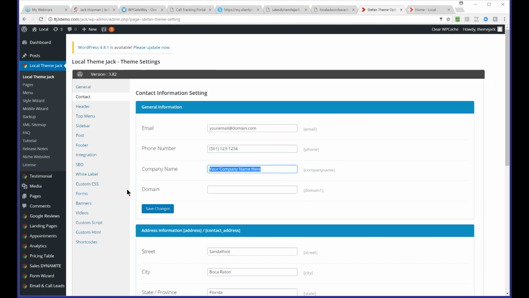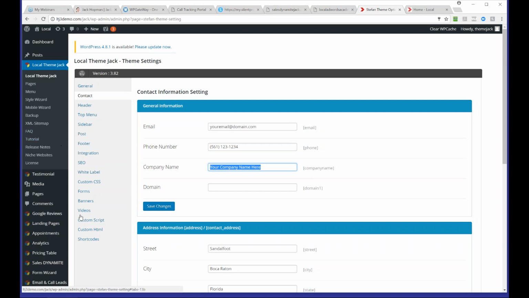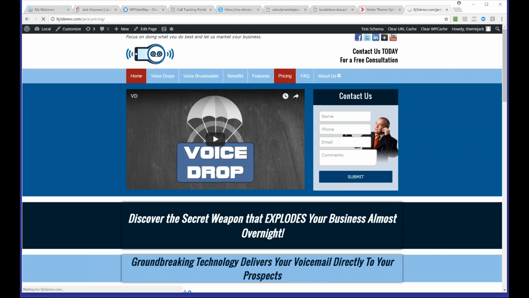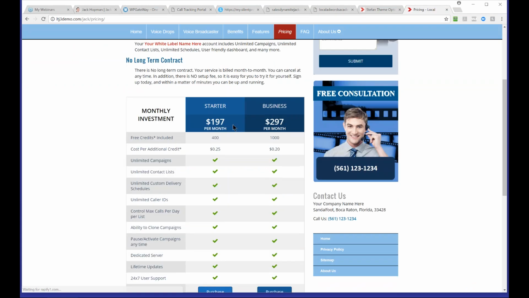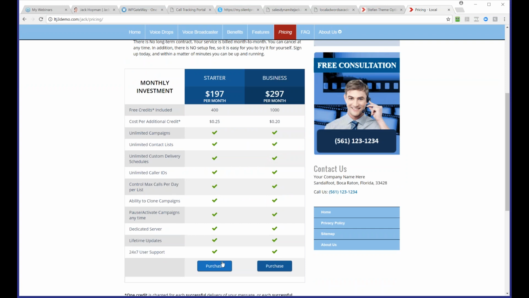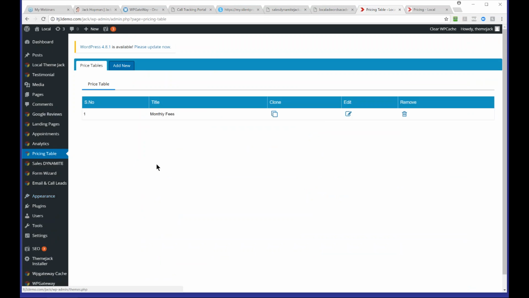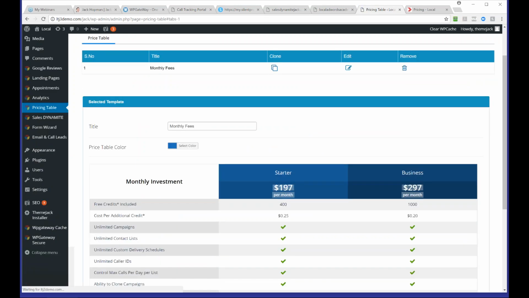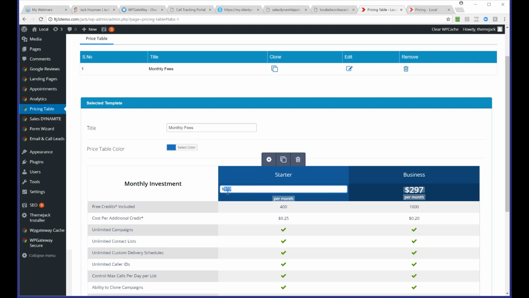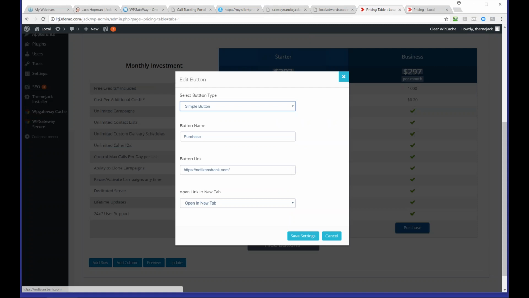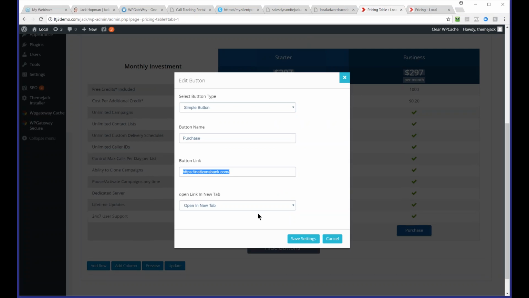Okay, and then the last step you probably want to do is there is a table with pricing, and you want to update those prices to your liking. So if you go to the pricing table, you go to edit it, and here you can just click in it. Let's say you want to make it 207. Okay, save it. Then you want to edit the button. If you click in the button, you can link it to your product. So if you open Bank,